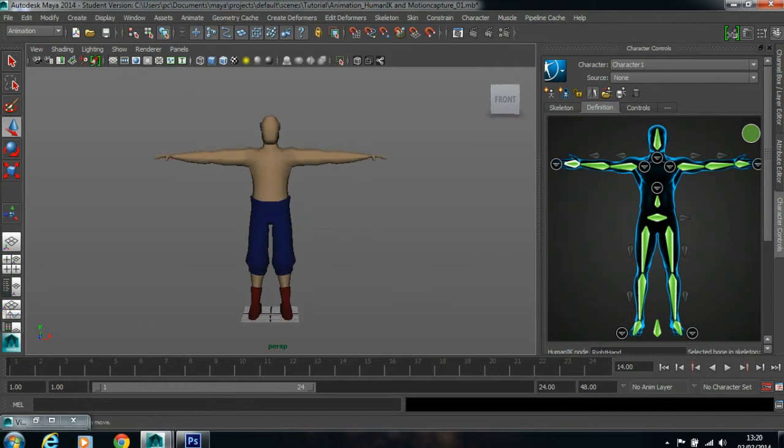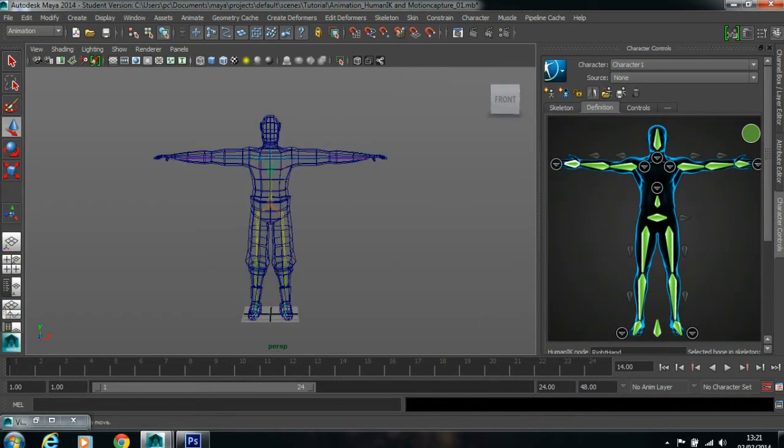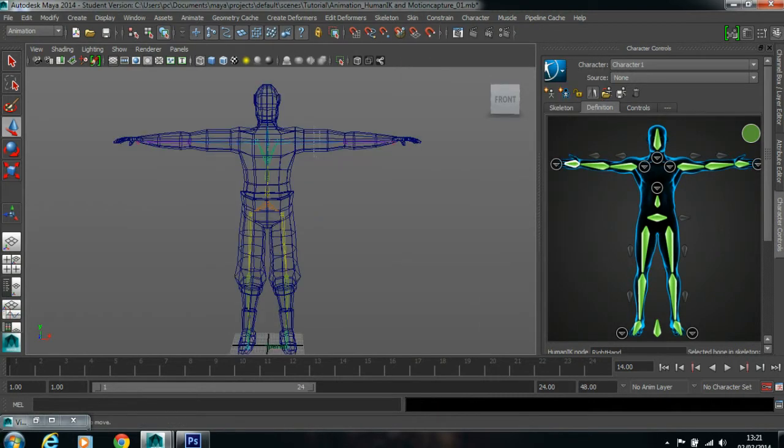If you want to test it, but what I say is that before testing it, select the root, go to skin, and click on go to bind pose. This is generally the best procedure. What I suggest, if you click on go to bind pose, what happens is that if I select this joint,